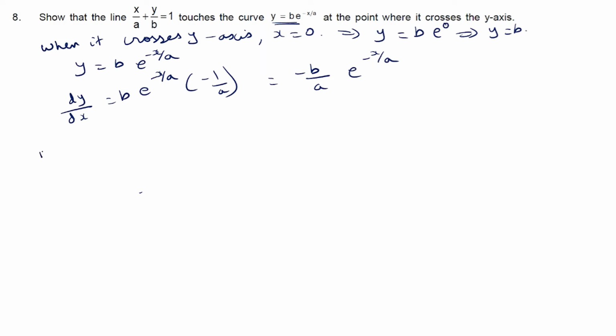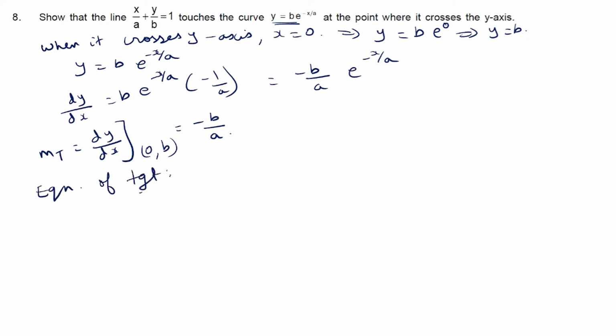So the slope of the tangent is dy by dx at (0, b), which is equal to minus b by a into e raised to 0. So it is minus b by a. So the equation of the tangent at (0, b) will be